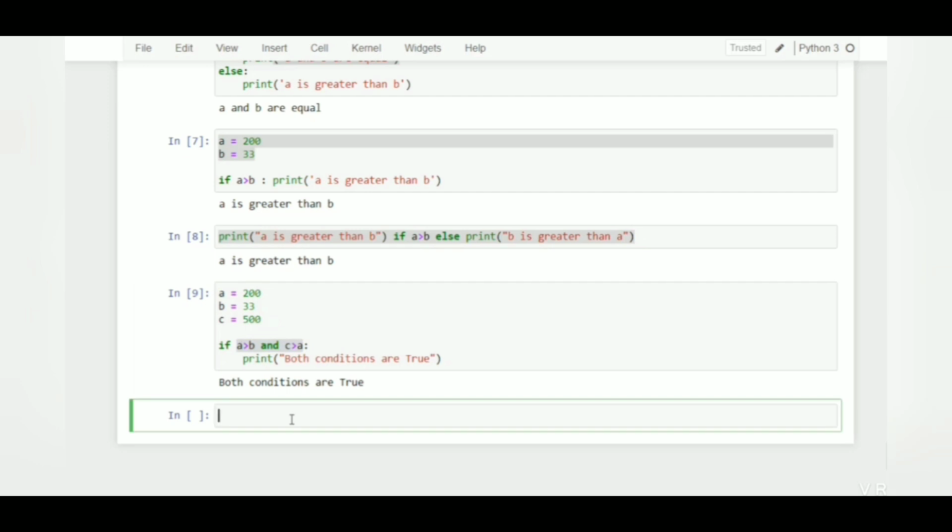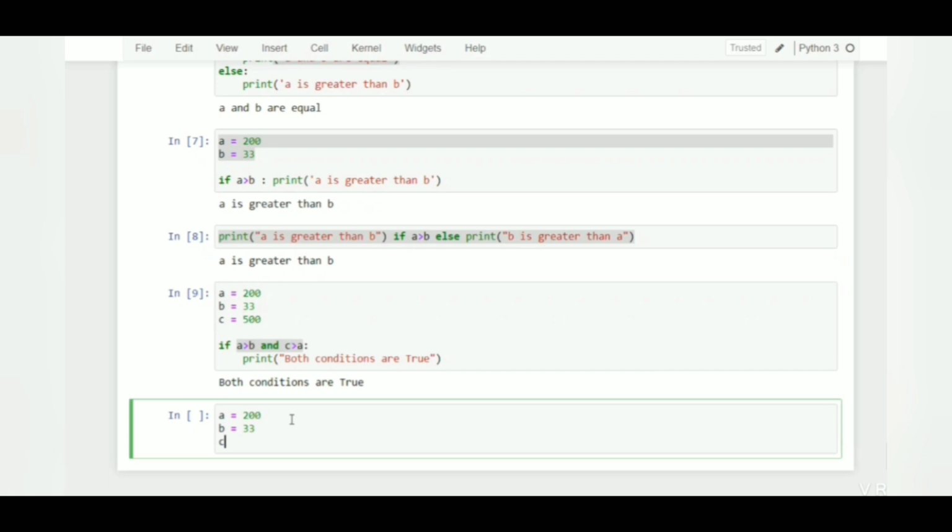The OR keyword is a logical operator and used to combine conditional statements. We can run the specific code only if at least one of the conditions is true. I would say A is 200, B is 33 and C is 400, and we will check whether A is greater than B or A is greater than C, and we will print at least one of the conditions is true.